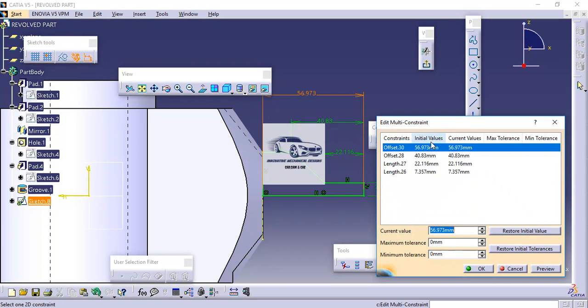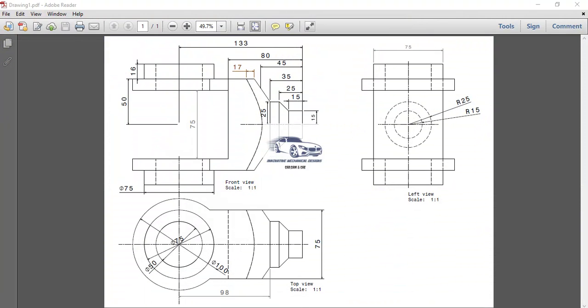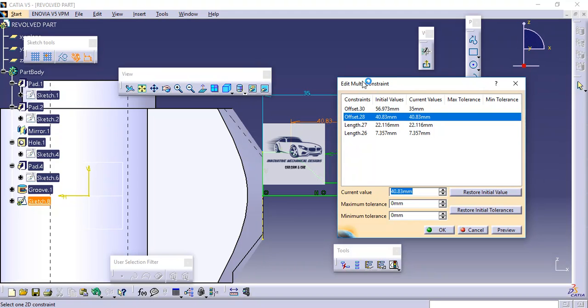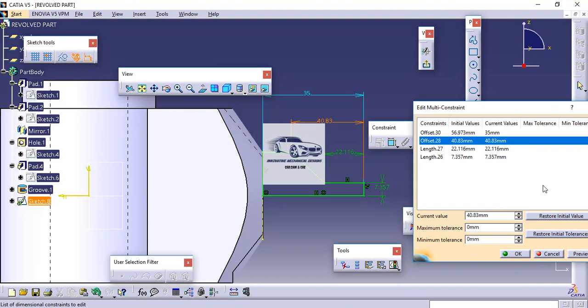So now let us re-edit them by using edit multi constraints. So this dimension is 35. Again, this is 25.